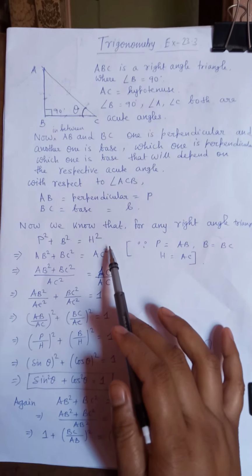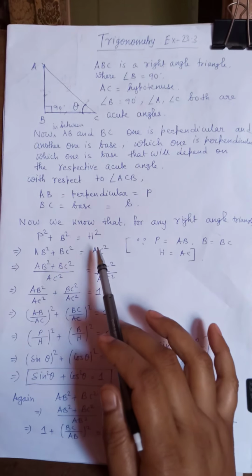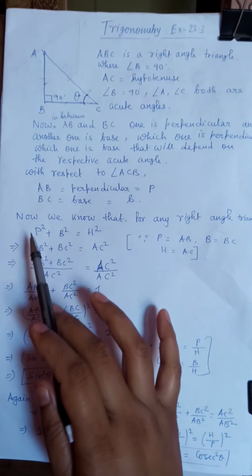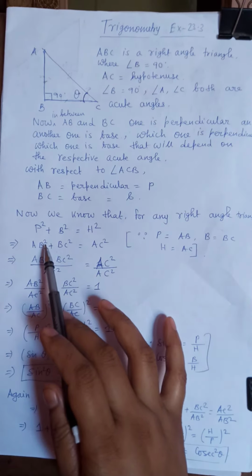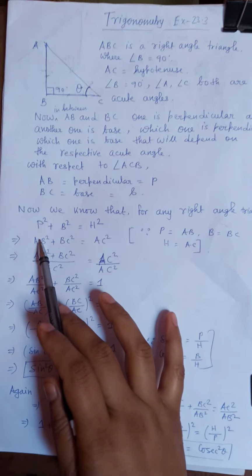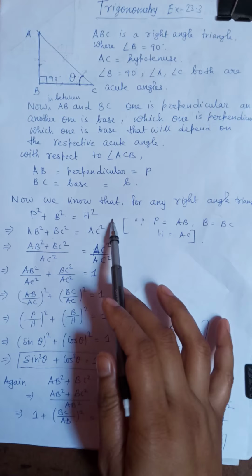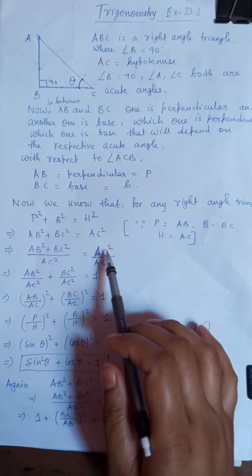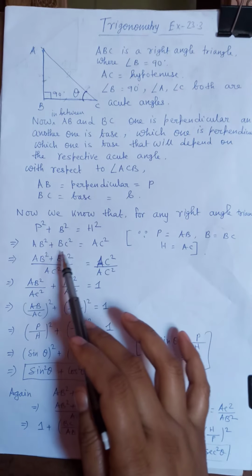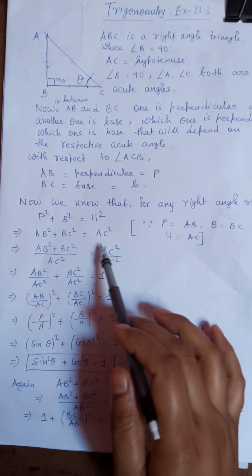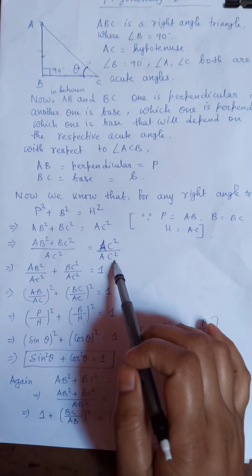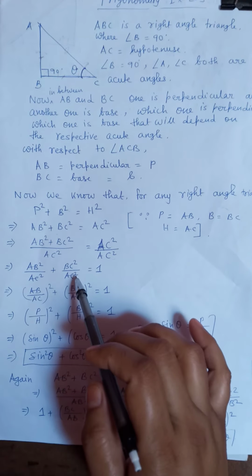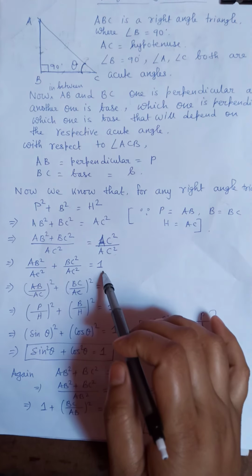To derive the formula of this exercise, first we will divide by AC, then we will divide both sides by BC, then we will divide both sides by AB. Since squares are involved here, that is AB square, BC square, AC square, we will divide first by AC square, both left hand side and right hand side. So AB square plus BC square by AC square equals AC square by AC square. So break it: AB square by AC square, BC square by AC square, and AC square by AC square is 1.